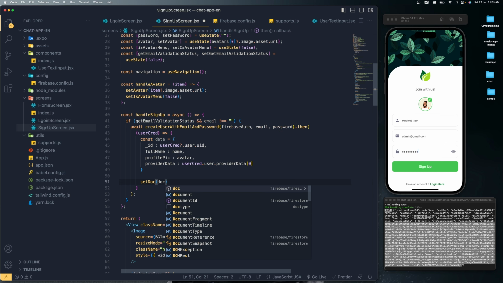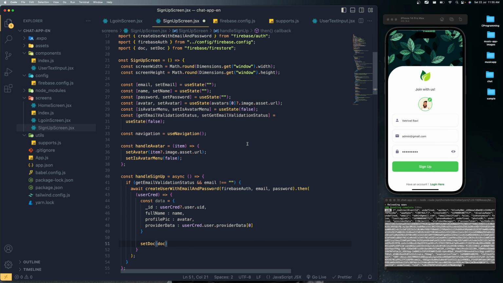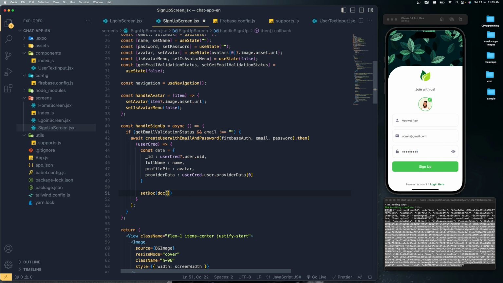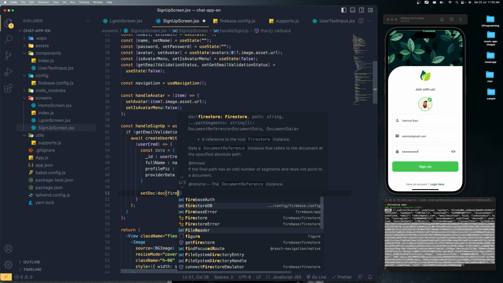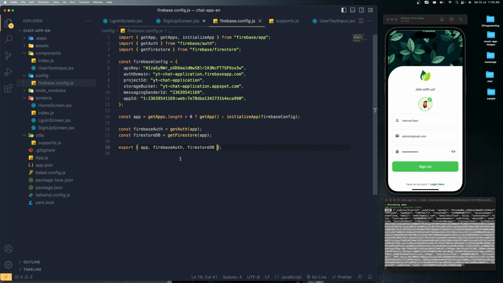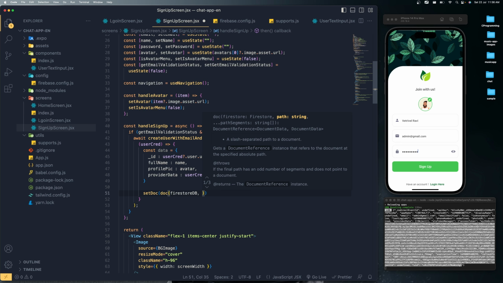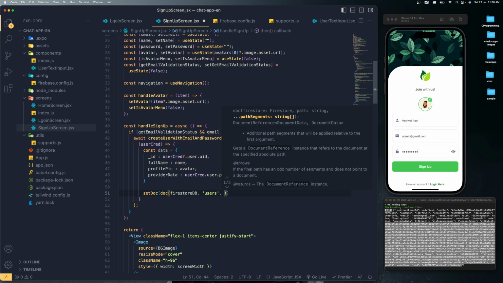So I'm going to use the doc that is also coming from your Firestore reference over here. That's imported properly. So I need to send our Firestore database object, which we created from our Firestore configuration. Now we have the Firestore database reference. Then I need to give the document collection name, that is nothing but our users. Then I need to supply the ID. For that particular document, we need to give the unique ID reference whenever you're using the doc or set